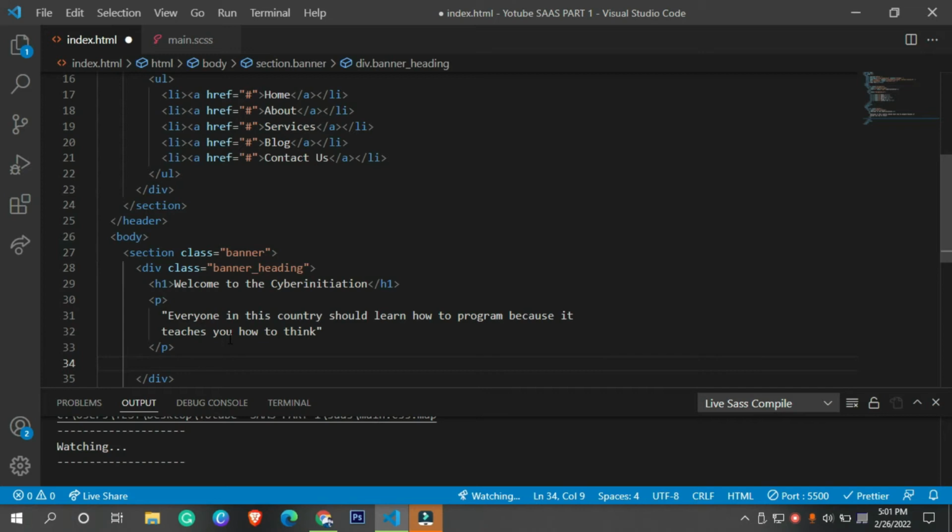So after this paragraph, basically I want to add a button.